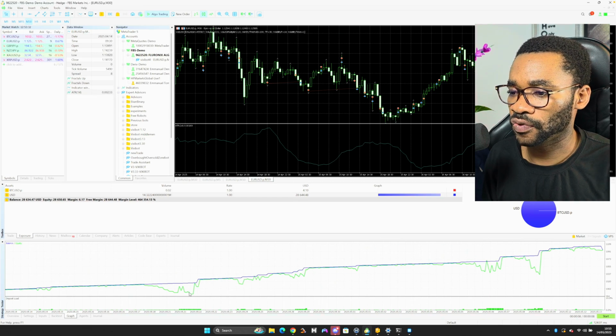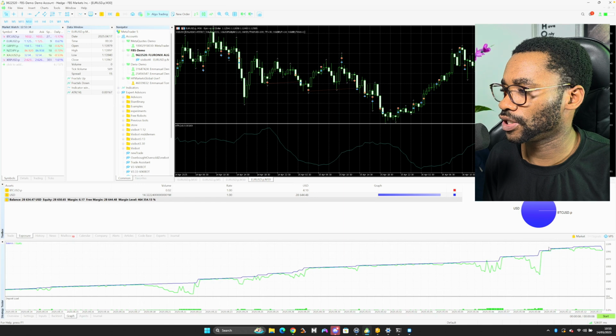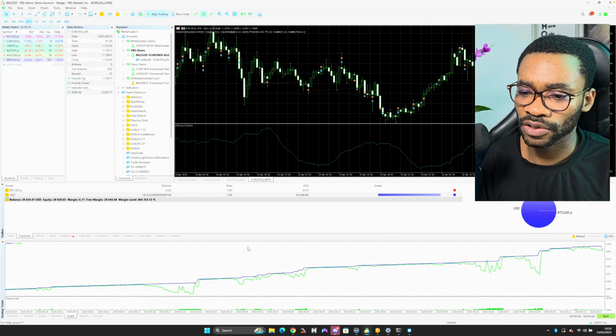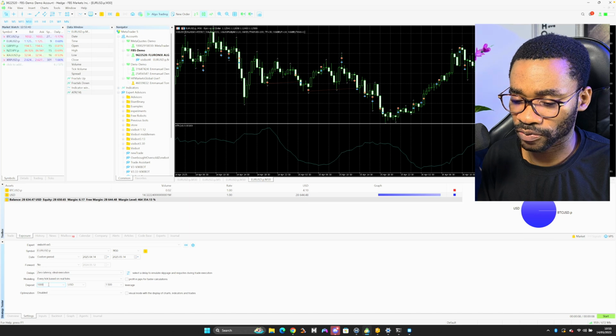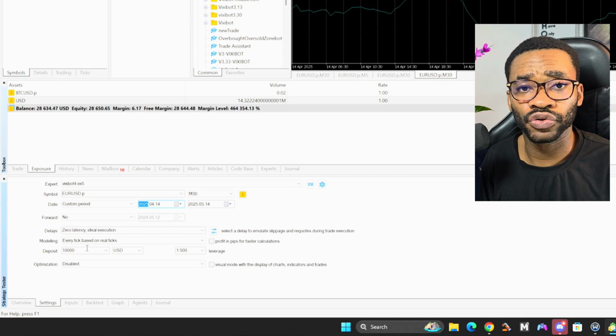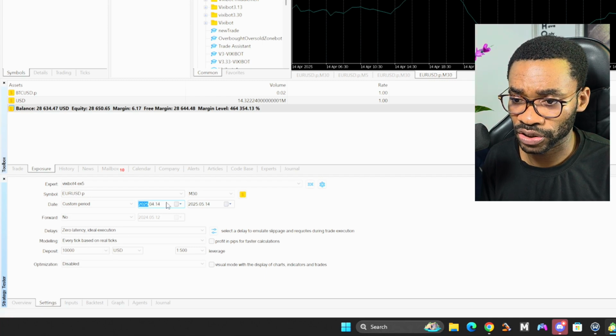You can see the equity is coming down here, and the balance is going up. So I'm going to backtest this for 1 year to see the potential of this bot right away, but I'm going to increase the balance. We can still backtest it with $1,000, but just for flexibility, I'm going to increase the balance to 10,000 USD